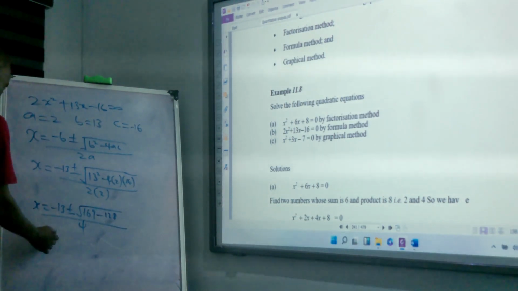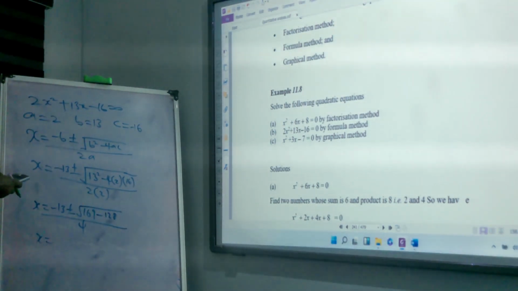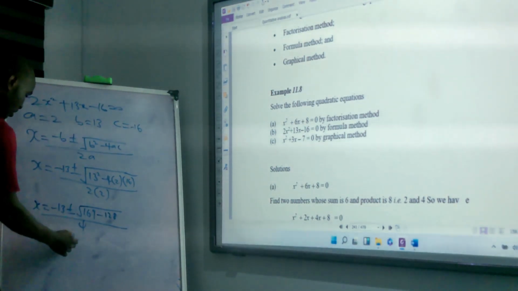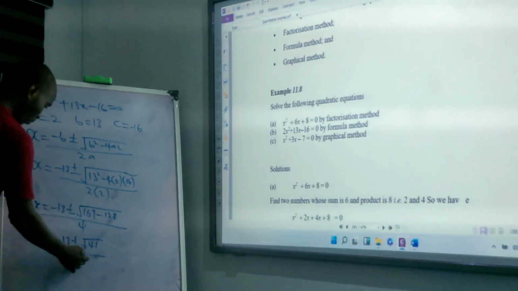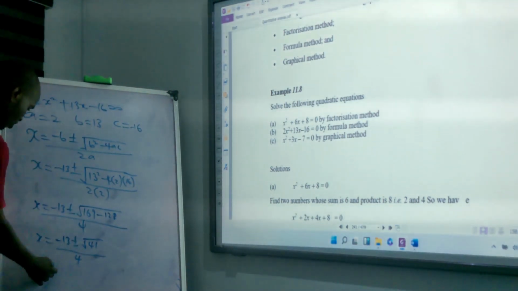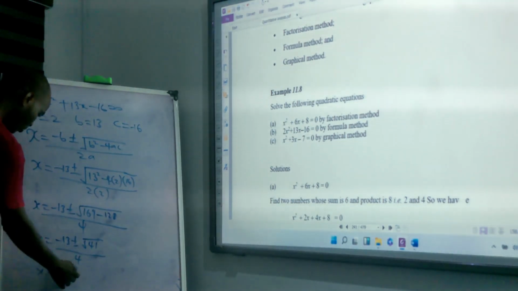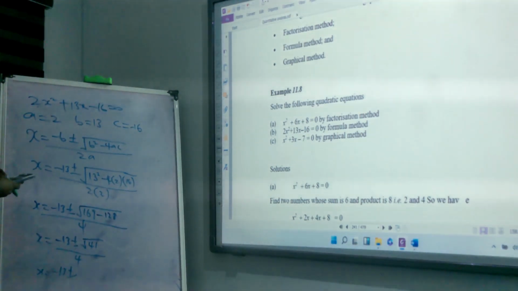So 169 minus 128, we have minus 13 plus or minus square root of 41 over 4. So our x will be equal to minus 13 plus or minus square root of 41, which gives us